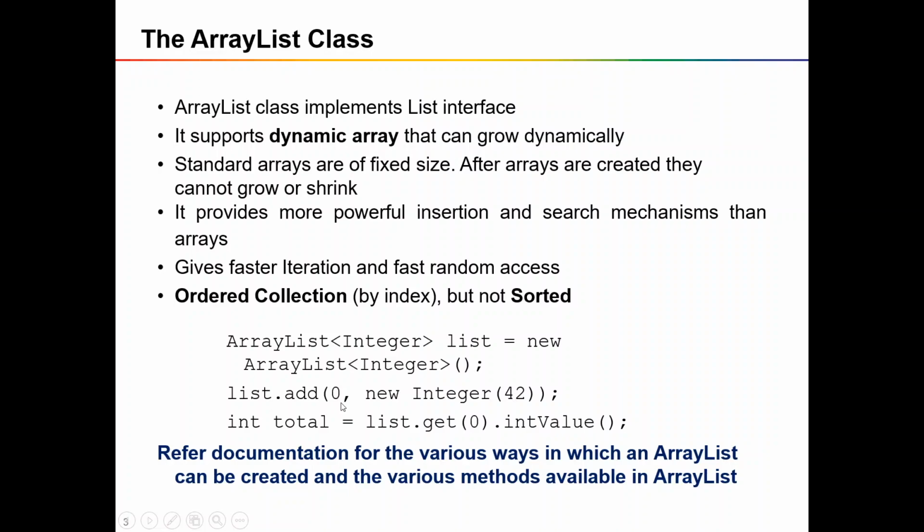If you want to perform random access, that is, if you want to know the element at a particular index, then you can go with the get method. Inside the get method, you pass your position, and the corresponding element is accessed from your list. Moreover, a list is an ordered collection. So if you add an element, the first element is added at the 0th index, the second element is added at the first index. Likewise, elements are position oriented, and the elements will not be sorted. The way you inserted them, the elements get stored. There is no sorting in the ArrayList.